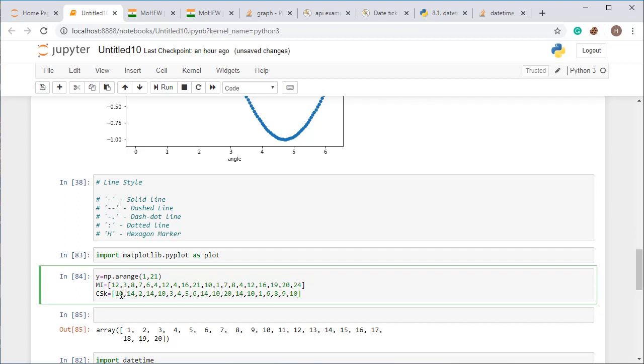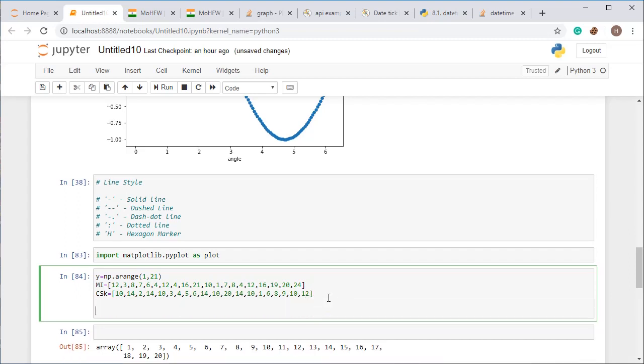Please count, it must be 20, otherwise you will get an error. 1, 2, 3, 4, 5, 6, 7, 8, 9, 10, 11, 12, 13, 14, 15, 16, 17, 18, 19, and now I am taking the 20th value. So these are the values of runs scored by both teams.